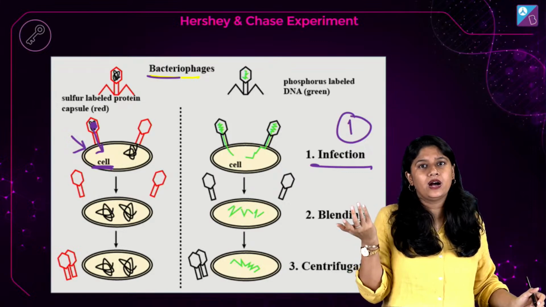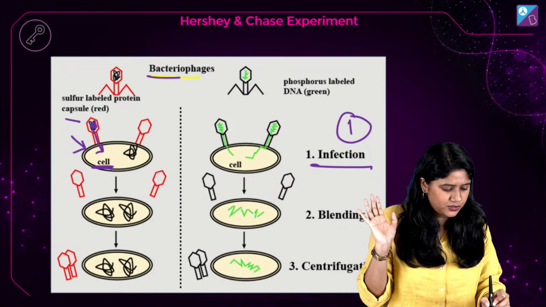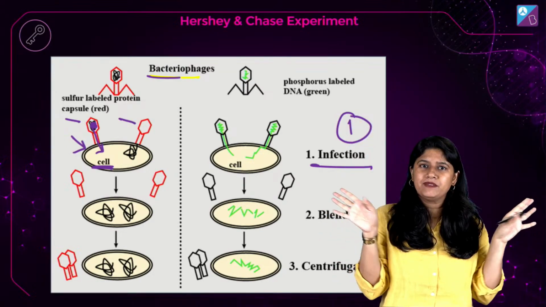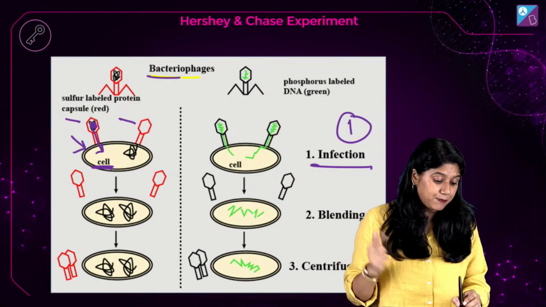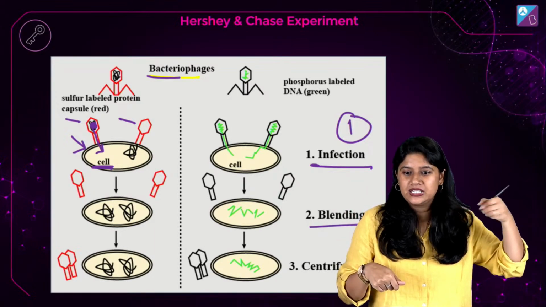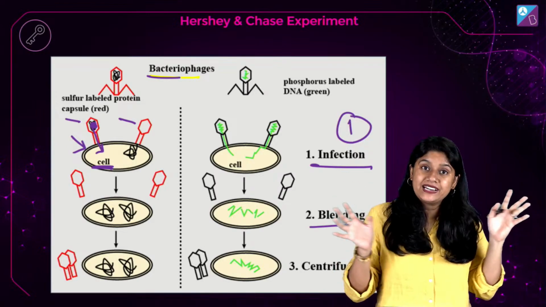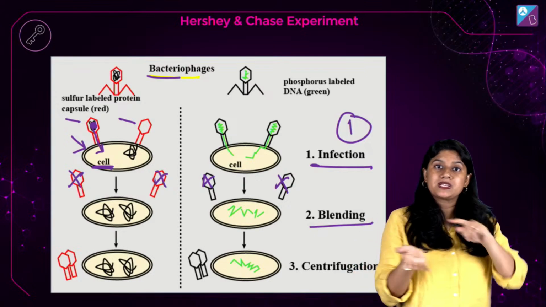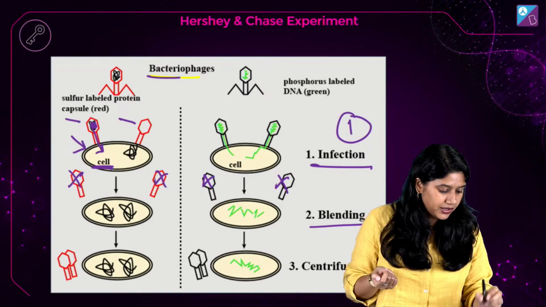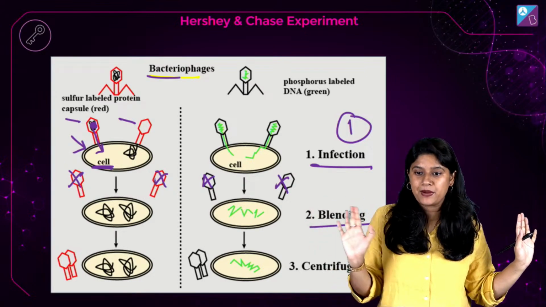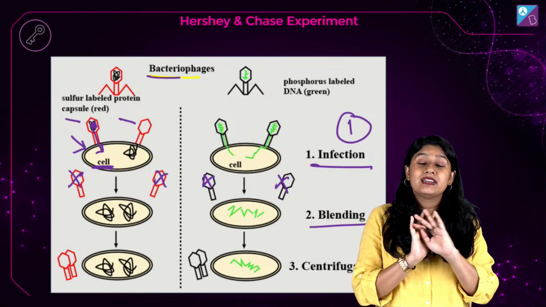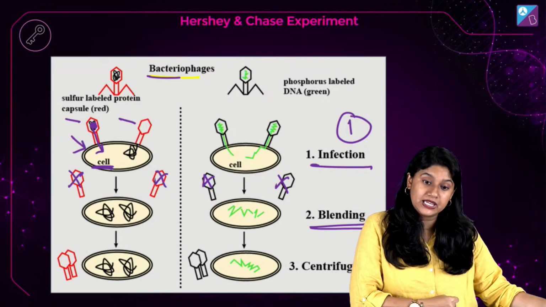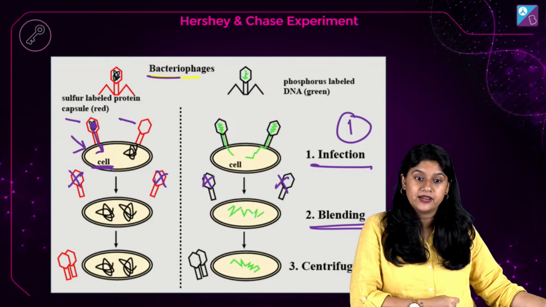Now ideally, once the infection has happened, we don't need these bacteriophages. They will just sit uselessly on the E. coli. We don't need them. So with the step of blending, like a mixer running, we will be removing the bacteriophage from the surface of the E. coli. We removed the bacteriophages from the E. coli surface and said, bye bye, now we don't need you. Once we remove the bacteriophage from the E. coli, what is the important step?